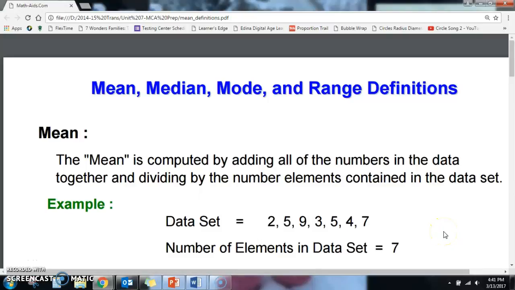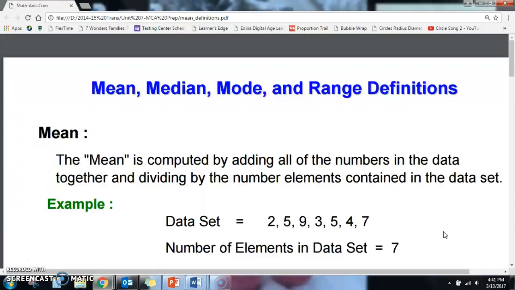This lesson is about mean, median, mode, and range. This is just a basic overview of what these four concepts mean. So first of all, starting with the mean, another word for mean is average. So you will hear those two words used interchangeably. Somebody could say find the average of these numbers, or they could say find the mean, and you would be